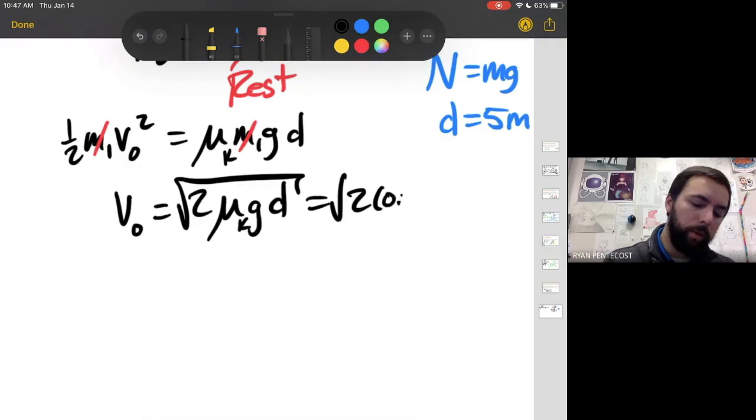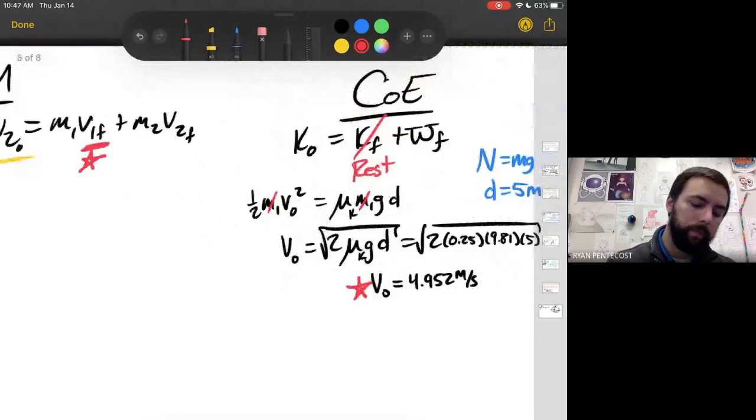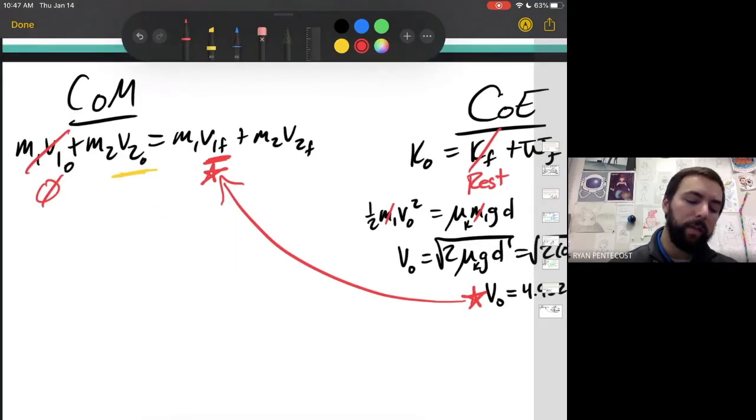So that would be 0.25, 9.81 times 5, square root. Okay. So that V naught is going to equal 4.952 meters per second. And that is our red star. Right there. Okay, so the velocity that the block starts moving as it scoots across that friction surface is the final velocity the block has after the collision, right? Okay,